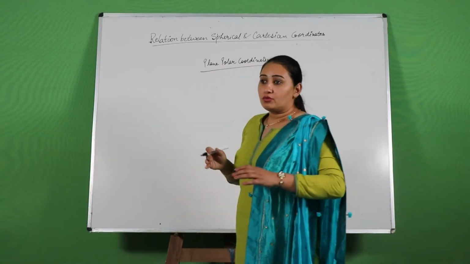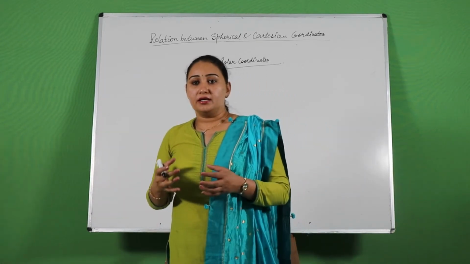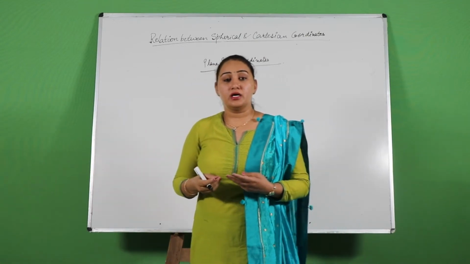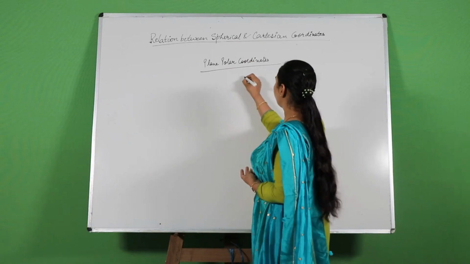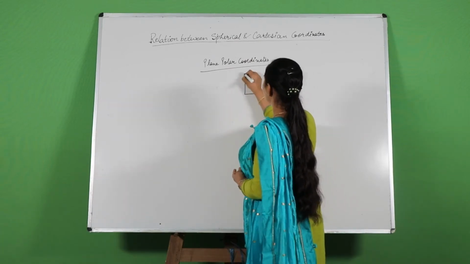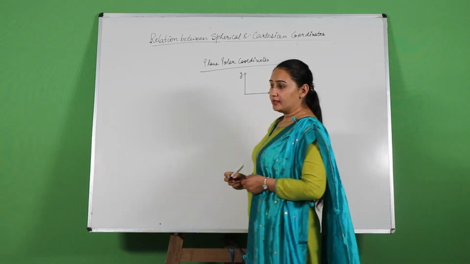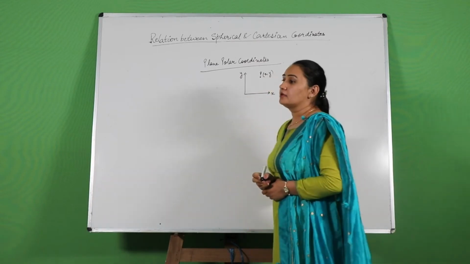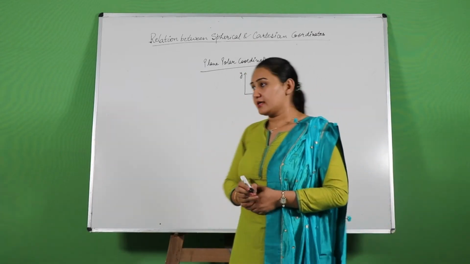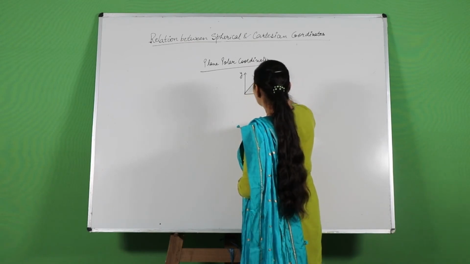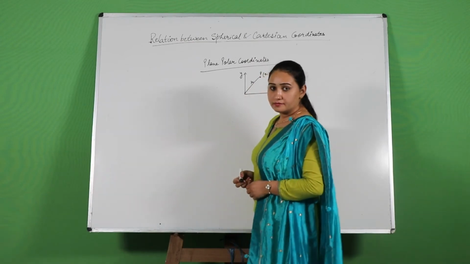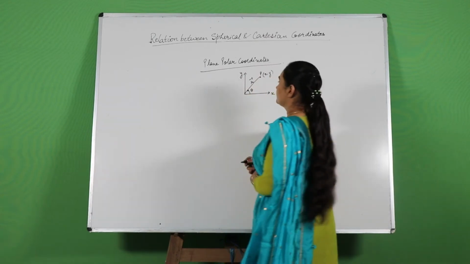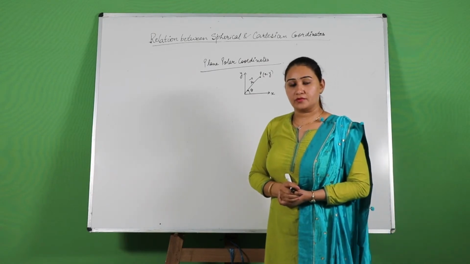Plane is when your particle is moving in a plane, means when the coordinates are 2. Like your particle is moving in a 2 coordinate system. You have x and y. This is your x, this is your y. Let us suppose you have a particle P somewhere over here, so that the coordinates are x, y, and the distance between them, that is r vector, and the angle is your theta angle, right?